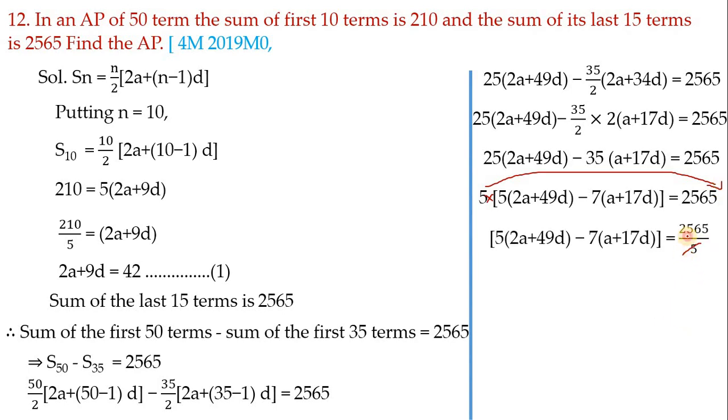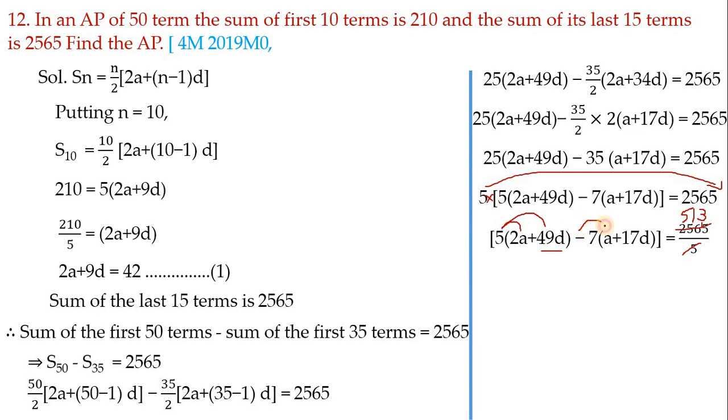Now let us simplify this. 5 1s are 5, and here 5 5s are 25 and 5 1s are 5, 1 is remainder, and if you take 1 here it will become 15, and 5 3s are 15. Now we have got 430. Next here 5 multiplied by 2a we get 10a, and 5 multiplied by 49, 49 5s are 245. So hence in this place we get 245b.